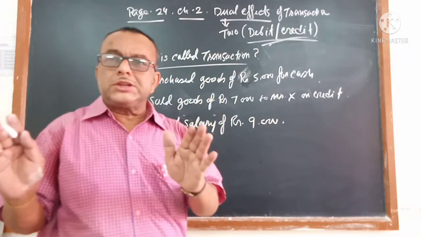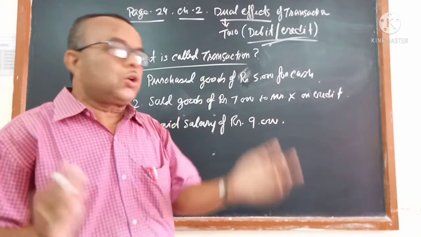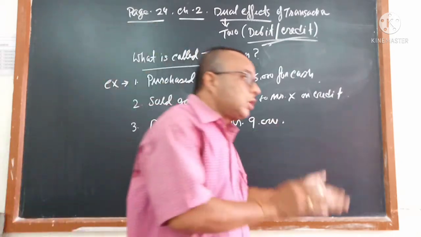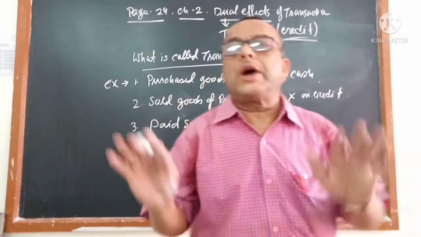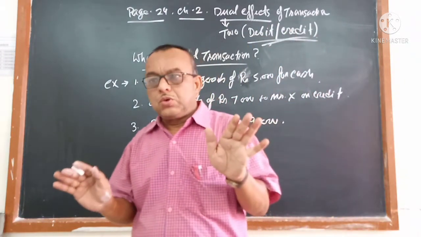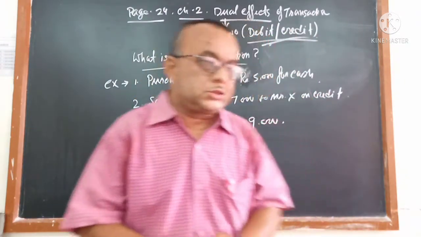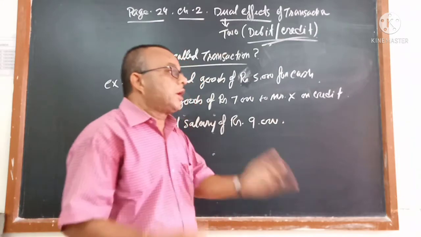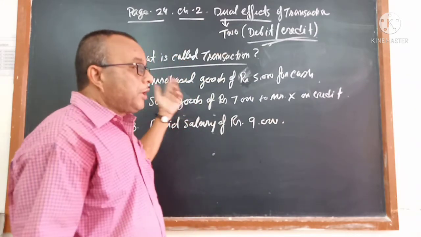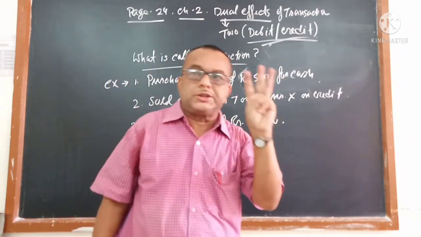If it is a transaction, from the accounts point of view it is called an economic transaction, and that one we are going to write in your notebook. How to write, I have not explained yet. Let me tell you first which one you will write, then only it will be possible to know how to write. I said that to become a transaction, 3 conditions should be satisfied.